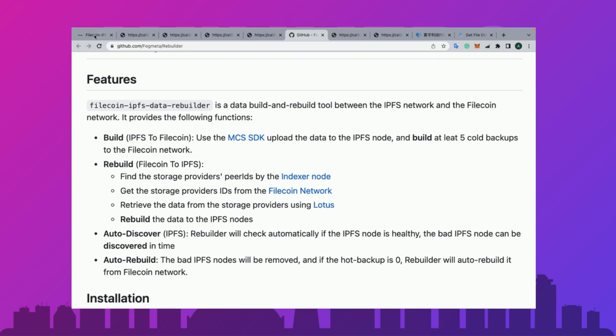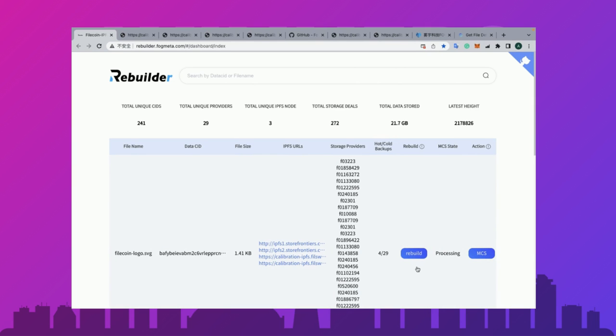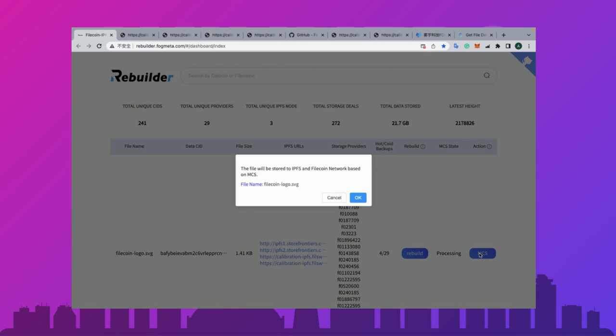And let's get back to this page, the Rebuilder page here. So except for the rebuild button here, there's also a button named MCS. The MCS can help you to make a new round of backup if you lost your data stored by the storage providers. So by just one click here,